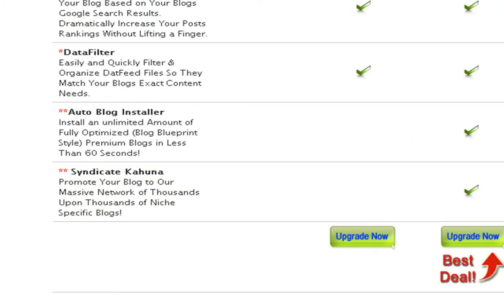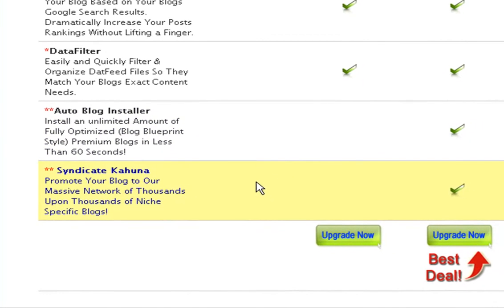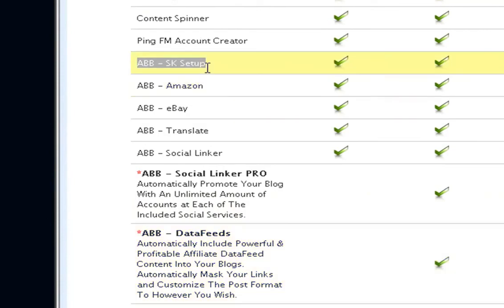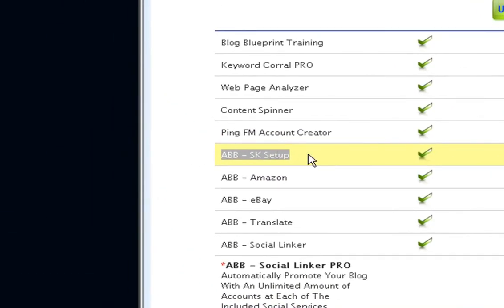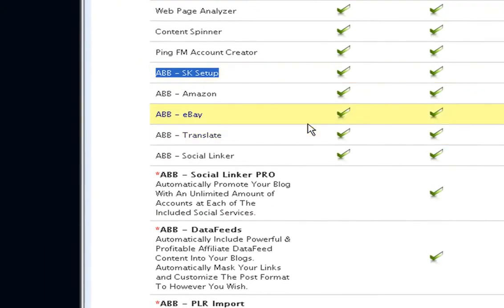So somebody writes an article and puts it into the system, the Syndicate Kahuna system, and then you're allowed to put keywords and URL links in the article, not at the bottom like an author's bio. No, right in the article. There is no author's bio, so it's real content with a few keywords linked out back to your site. So if you're using Syndicate Kahuna, you're writing these articles, putting them in there with links to your sites. Then the articles are sprinkled in using ABB and some of the parts of the older system to the other